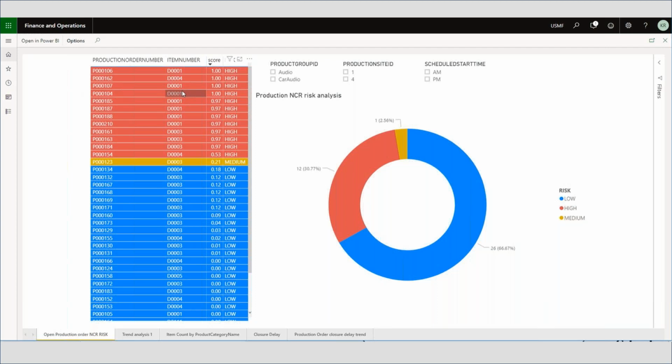So, let's crawl, walk, run, but ultimately just an understanding of really where you can take things, where we're analyzing different production orders and the items associated with them, and actually scoring the risk associated with those various production orders to say, what is the likelihood that we're going to have a non-conformance event associated with this, right? And it might be factoring based on the start time or the BOM complexity or some of the different data elements that ultimately come together to form a given production order, right?